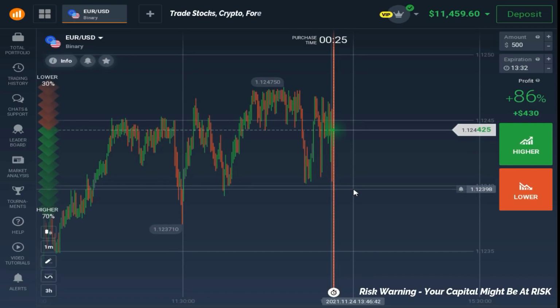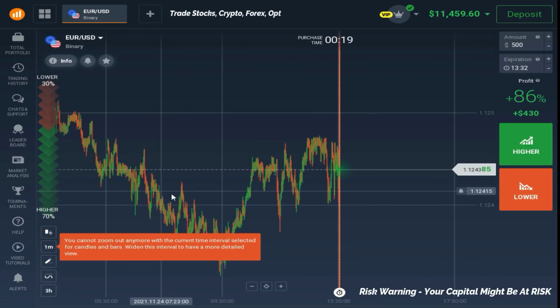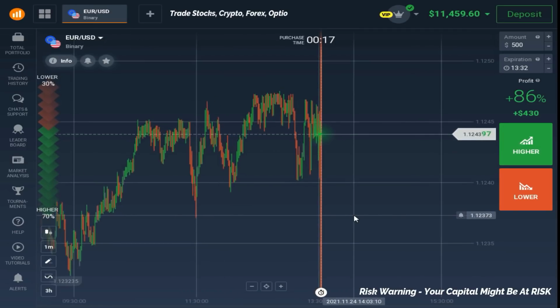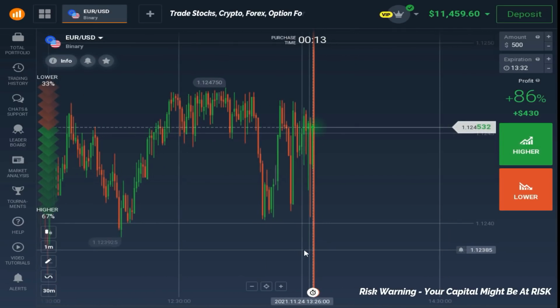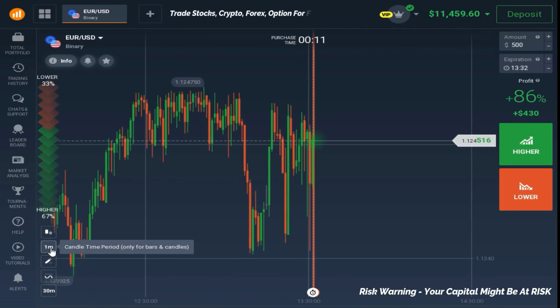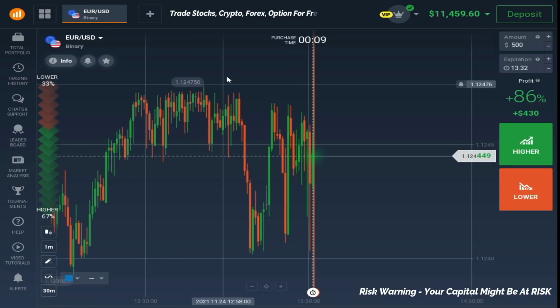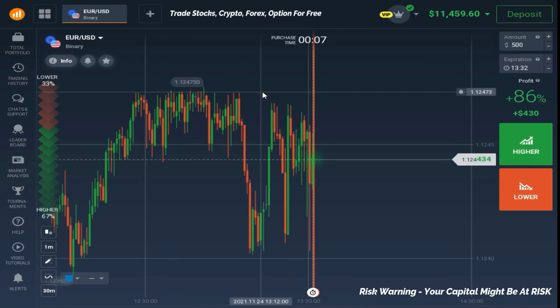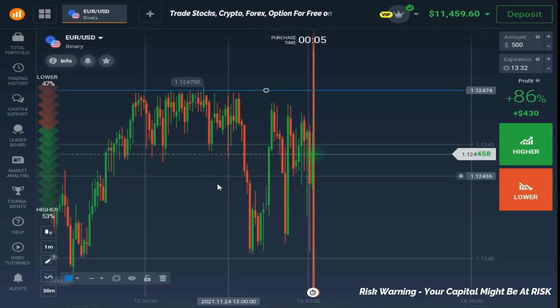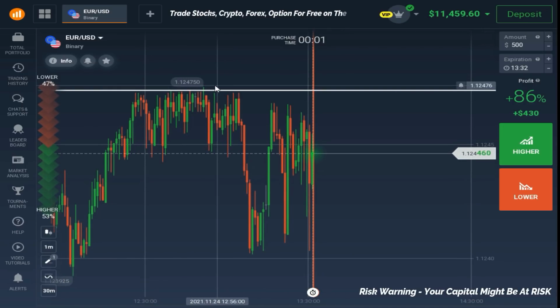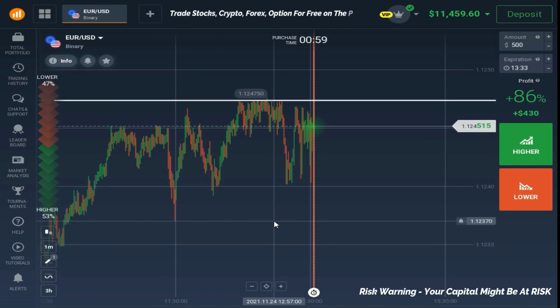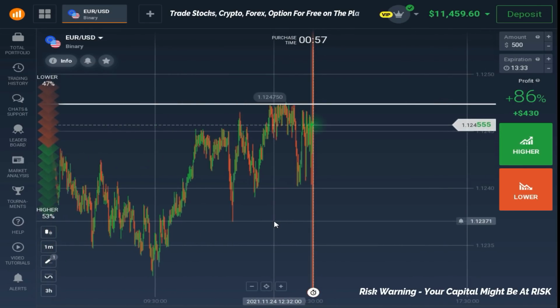First of all, we will try to find a good chart so that we can place our trade. As you can see right now, in Euro US dollars, the market is ranging here. I will try to draw some levels here because this chart is good if we get a breakout. So this is the resistance level, and I will not draw my support level here because